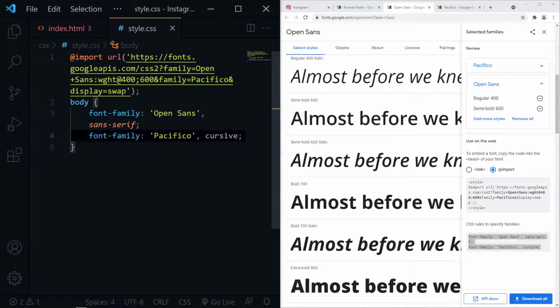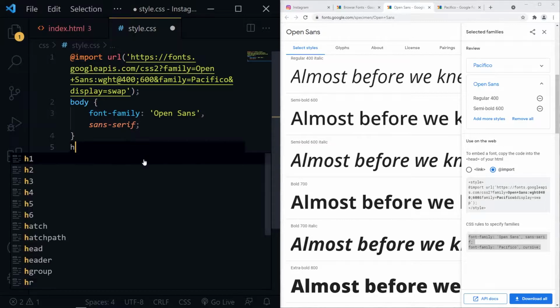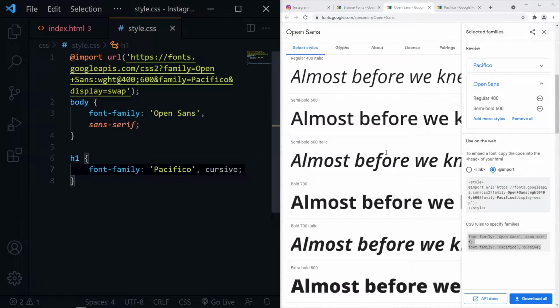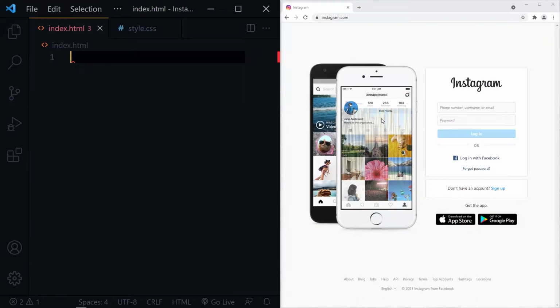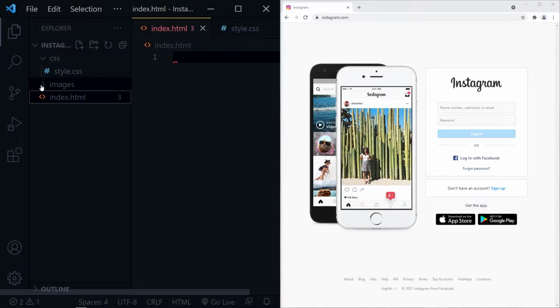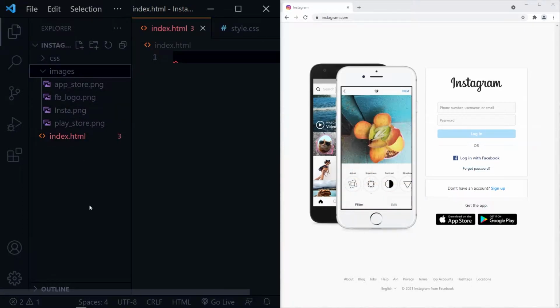For body, I will be using font family Open Sans, and for the H1 tag, Pacifico. The images we need to create this project are in the images folder.